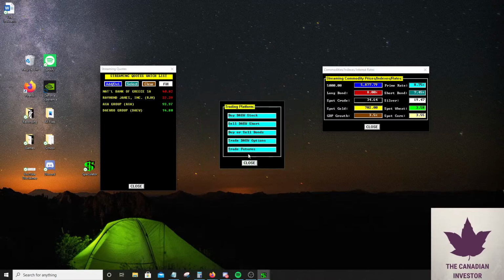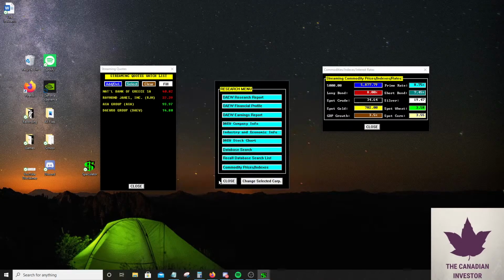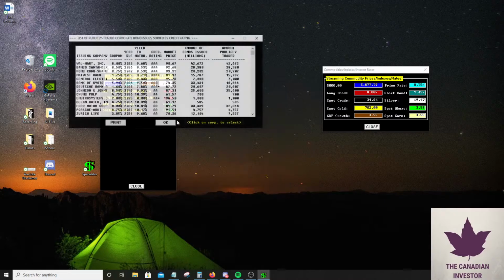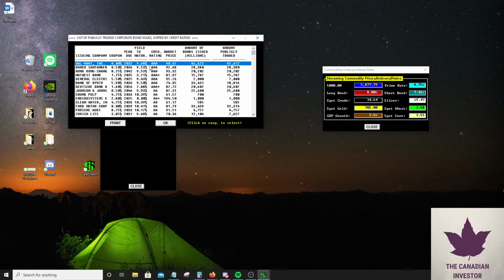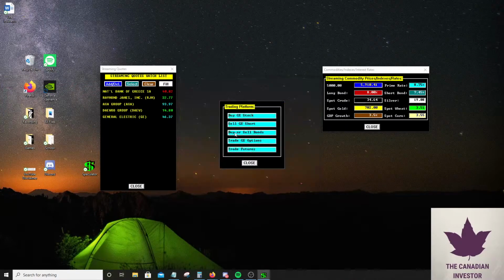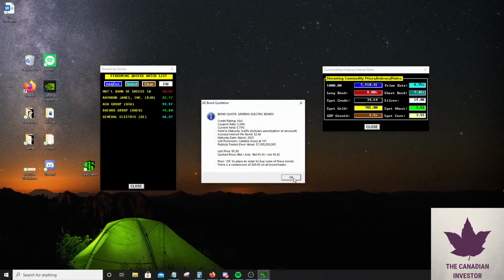So are there any liquid bonds we can buy? It's currently 2023, almost 2024. So we're gonna look for some 2025 bonds, maybe. Right here, this one's pretty good. General Electric. It's trading a bit below par at $95. It yields about 9%, and it matures in 2025. So we'd have liquidity. So I'm gonna put all my money into that bond, which is about $5,000. It shouldn't offer us that much income.